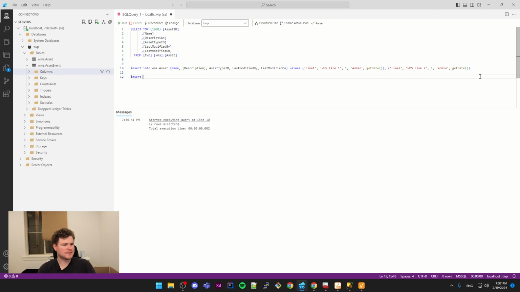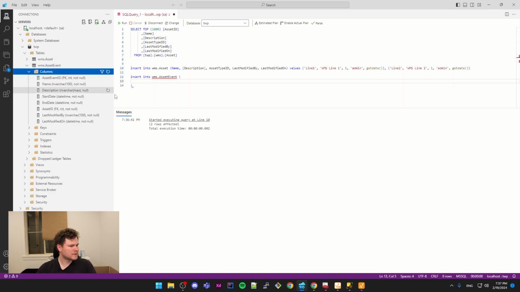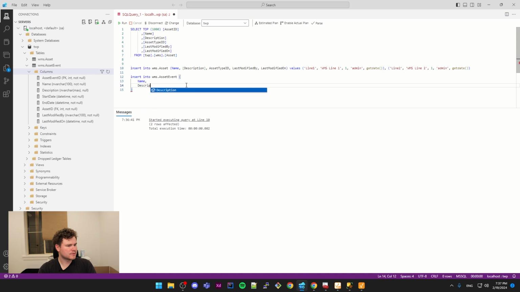Okay, so now that we have a few assets, let me insert some asset events. Insert into wms.asset event, and here let me open these columns. Asset event ID is the identity column, so it's going to auto increment, but I'm going to insert name, description, start date, end date, asset ID,